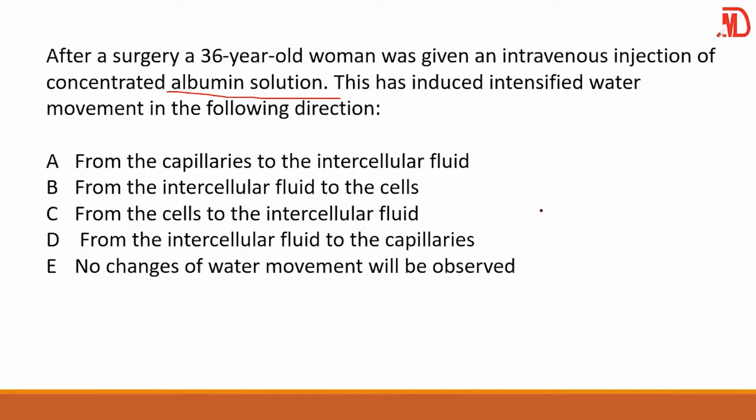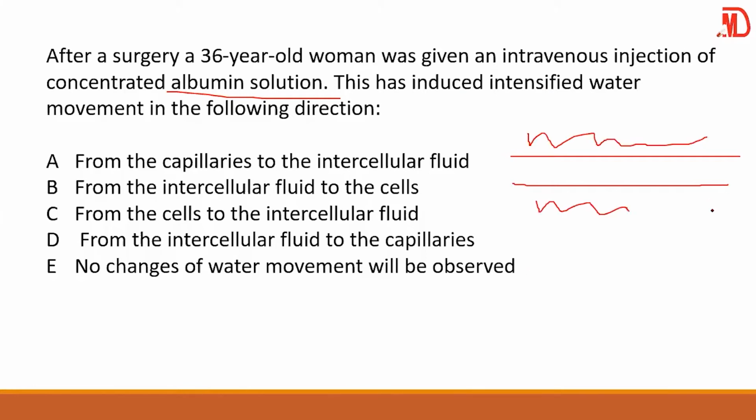So imagine you are having your vessels over here. Look, this is your vessel, okay? And this is your what? Your interstitium, or intercellular membrane. So what happens is that if you inject albumin, that means you are putting it what? Intravenous, that means into the veins. So you are increasing what? The sodium concentration. You are increasing the protein